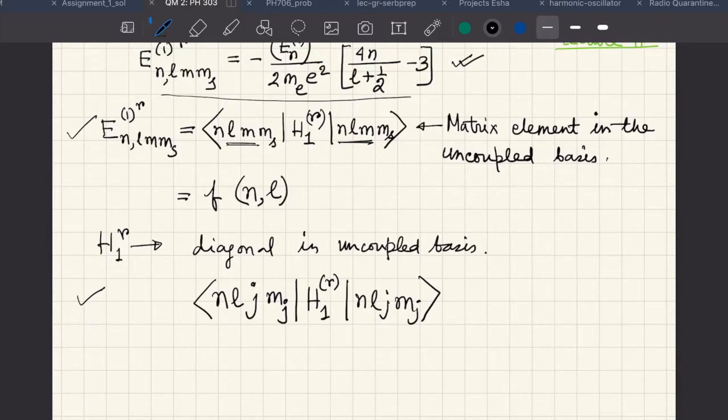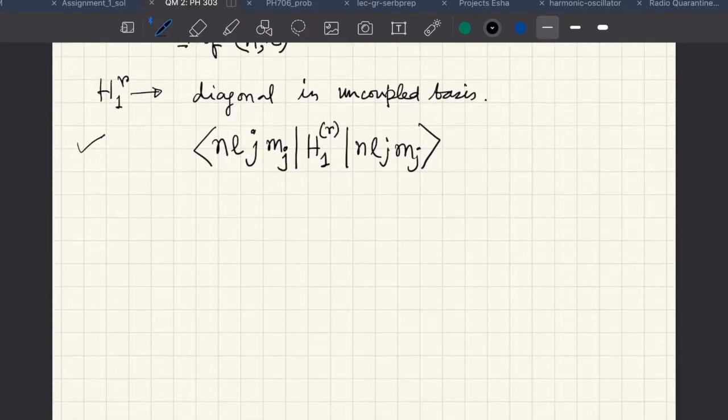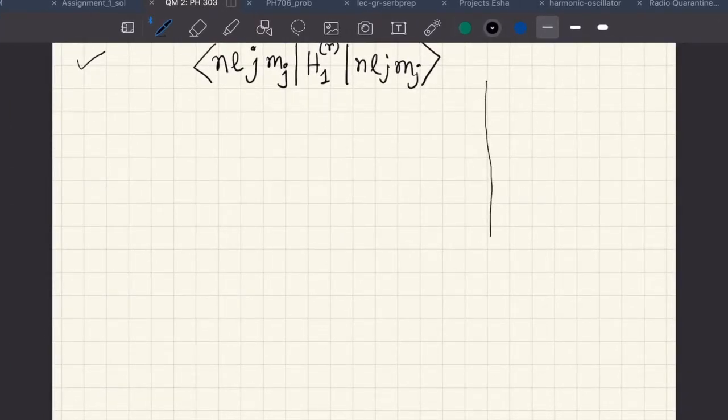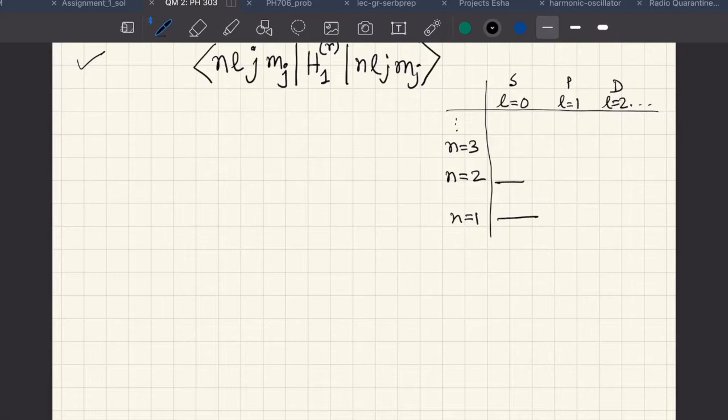Now you should of course ask, why should it be the same at all? For that, let us again take help of our picture which we had drawn so many times in this discussion. So here is our picture, the degeneracy thing. It's l=0, l=1, l=2 like this. So this is S, P, D, and then you have n=1, n=2, n=3, it goes on. So these are your energy states where there are degeneracies, of course. So this looks something like this.